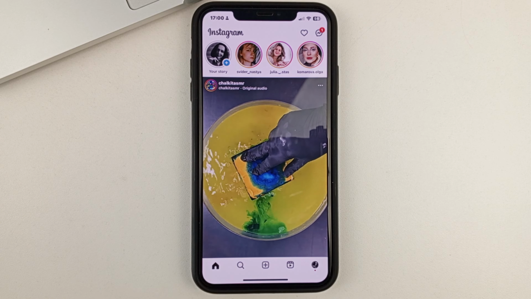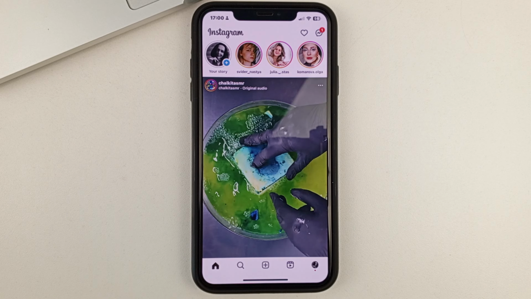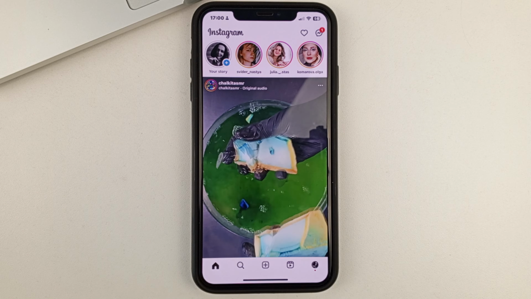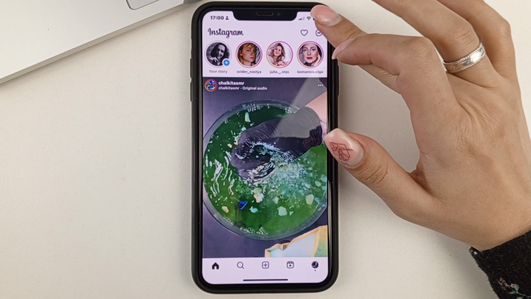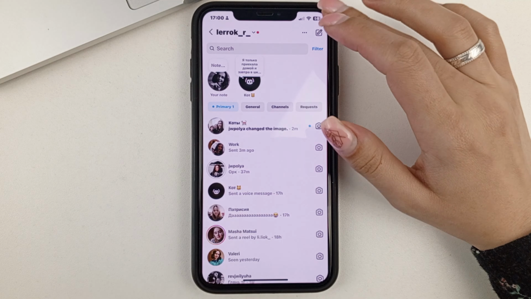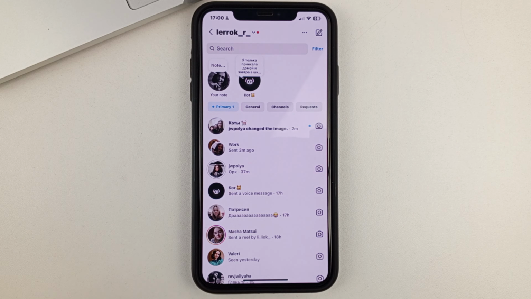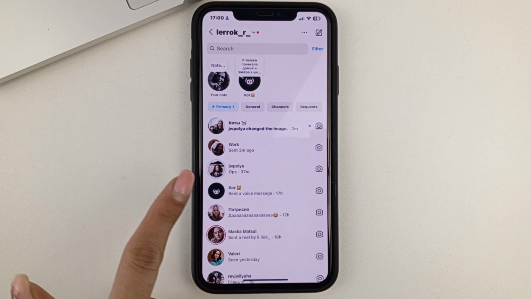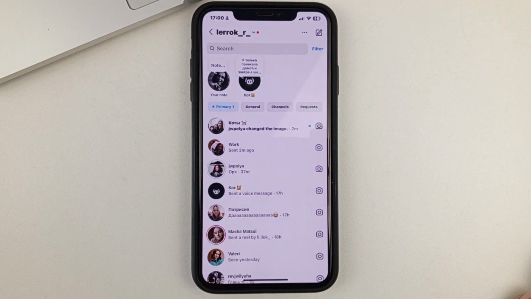So, first of course, we're going to open up the Instagram app. And if you need to find a group chat here, you'll first need to go to Conversations. After that, you'll be able to see the group chat right away. You can see by the avatar not one person, but several people, for example, in the chat.